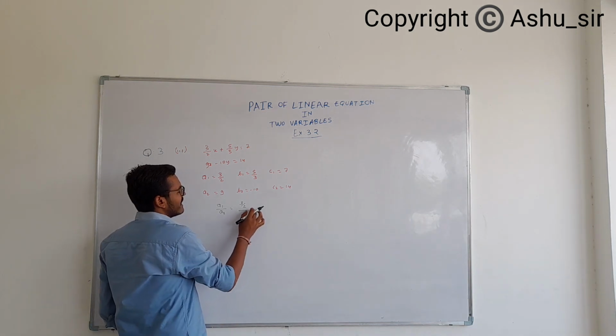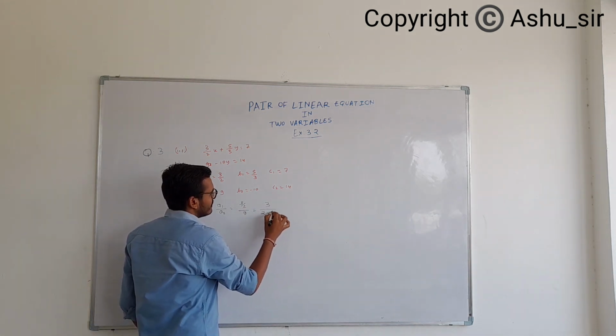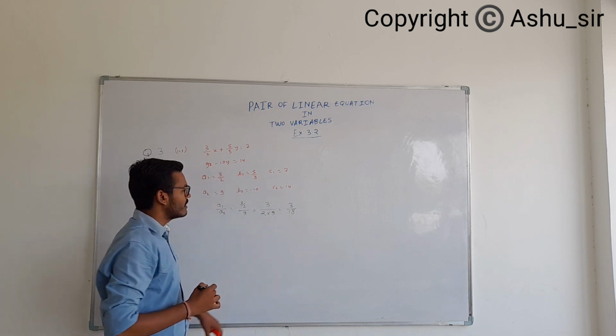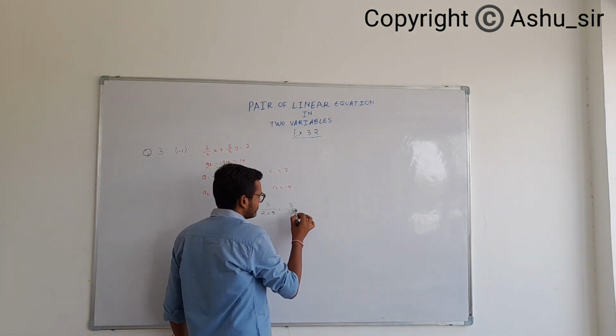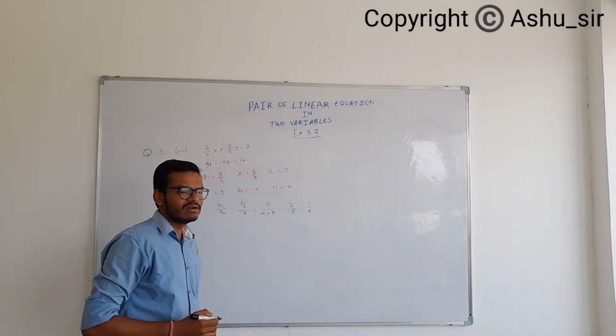तो बच्चों क्या हो जाएगा? ये 9 यहाँ पे मल्टीप्लिकेशन में चला जाएगा. So that will be 3 upon 2 into 9 that is 3 upon 18. So ये हो गया A1 upon A2 is 3 upon 18. Now when you simplify this, 1 upon 6. 3 6 है 18 होता है ना.